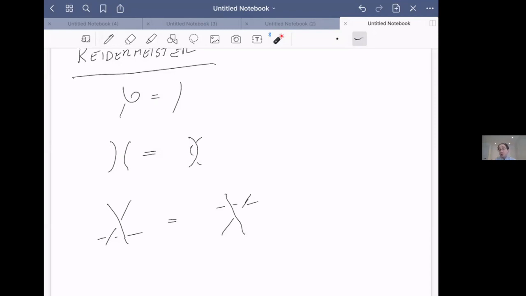So basically, you have to evaluate the Kauffman invariant of this thing and show it's the same as the Kauffman invariant of this thing, and similarly evaluate the Kauffman invariant of this and show it's the same as the Kauffman invariant of that. So it's not a hard exercise to do, actually. I encourage you to give it a try. Okay. Does that answer the question? Yeah, okay, I think so.